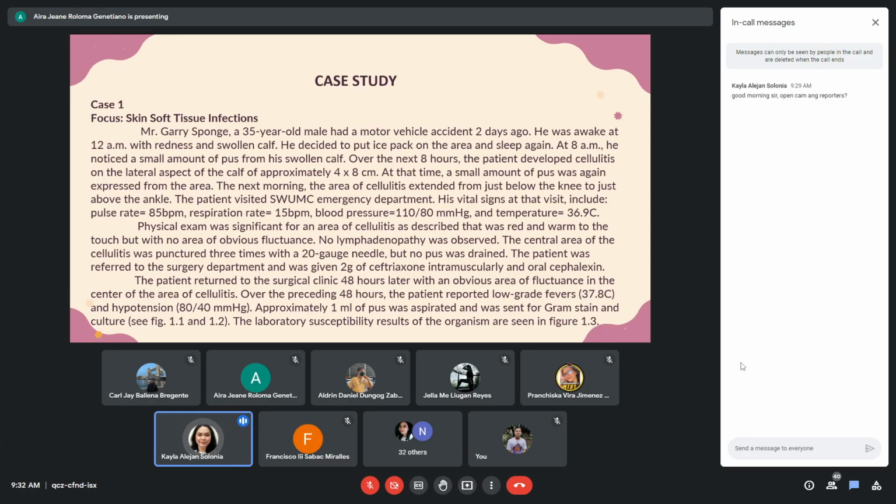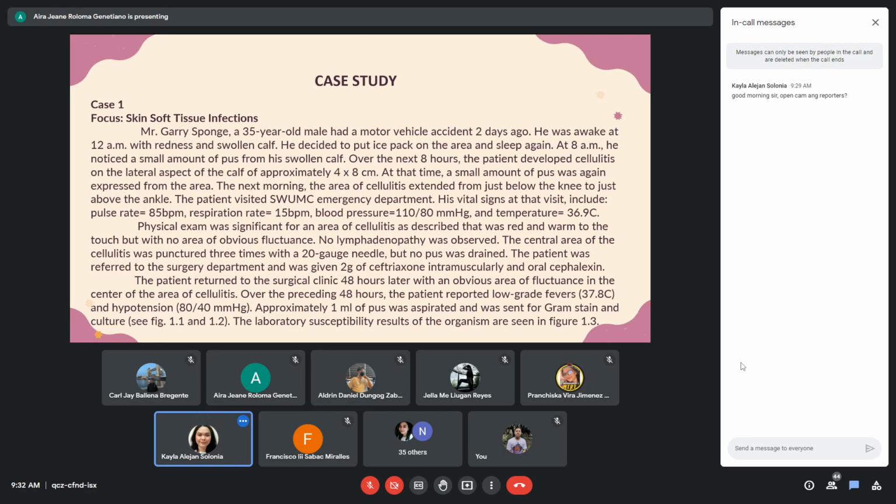His vital signs at that visit include pulse rate 85 beats per minute, respiration rate 15 breaths per minute, blood pressure 110 by 80, and temperature 36.9 degrees Celsius. Physical exam was significant for an area of cellulitis as described that was red and warm to the touch, but with no area of obvious fluctuance. No lymphadenopathy was observed. The central area of the cellulitis was punctured 3 times with a 20 gauge needle, but